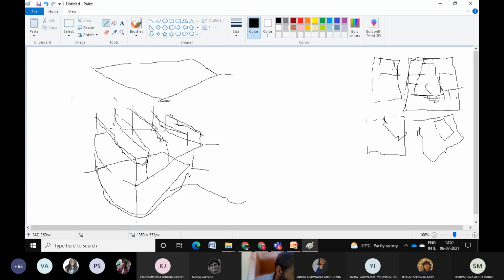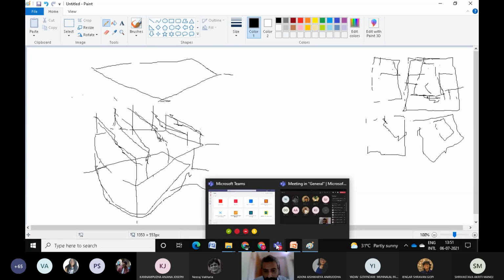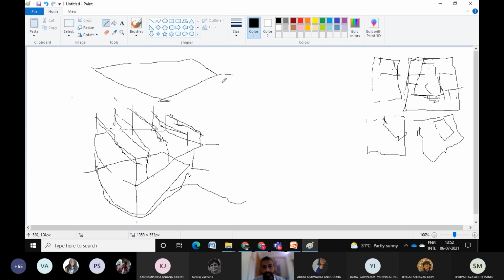Sad that the tablet is not working and that I'm not able to draw. Can I try the phone? Perhaps the phone will be better. Let me try in the next session. Perhaps sketching on the phone may be a better idea. Can I take a minute off and try if I can log in through the phone and see if I can sketch via the phone, maybe easier? Or perhaps we'll do that after the small break that we give.